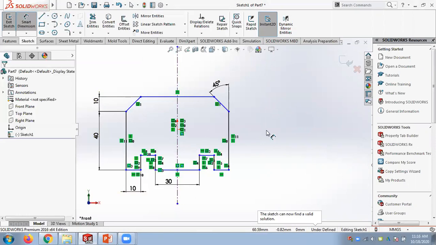Excuse me. Yes. Can you please explain again how to give that angle, that 45 degrees? How to mention that actually? Yes, right. Machine is slow.